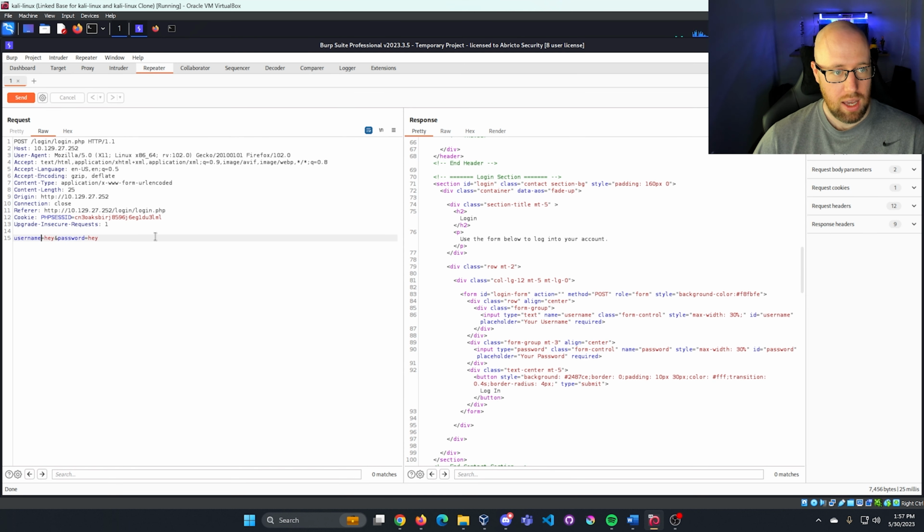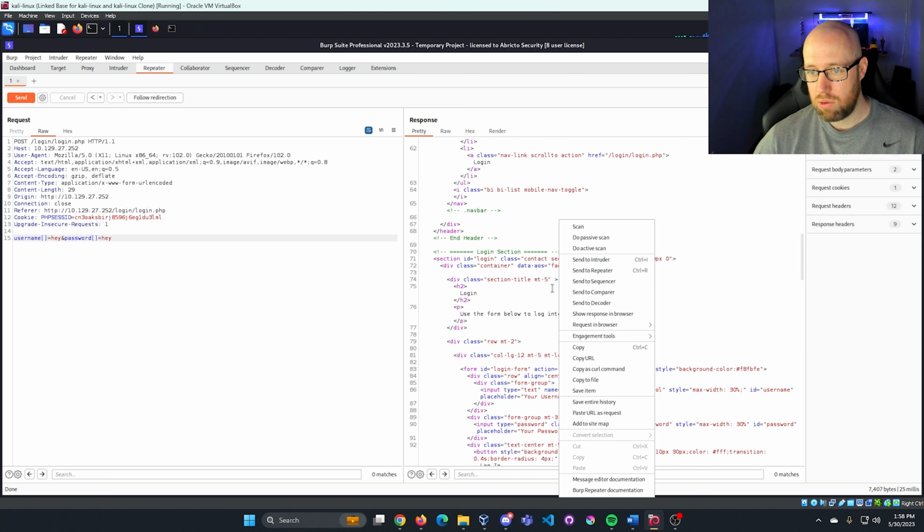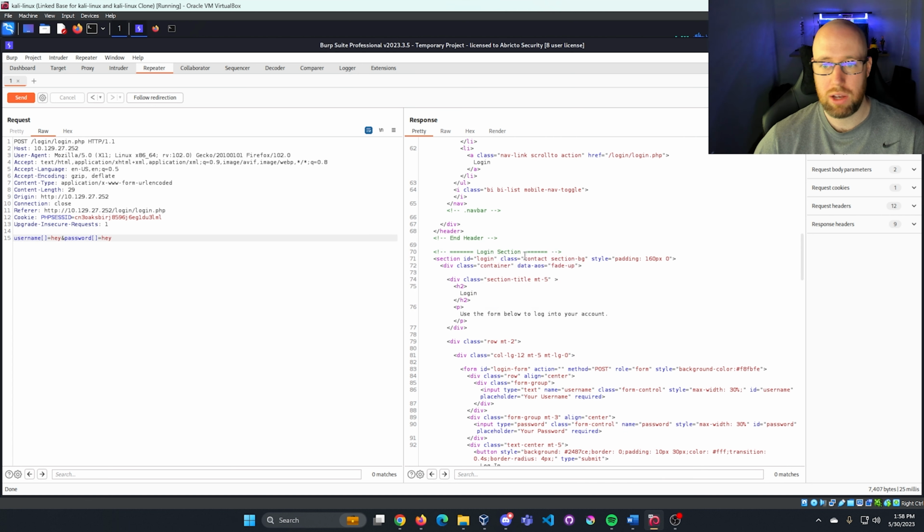Pressing send, and then it gives us a whole different page from what it looks like. Why don't we go ahead and show our response in browser. Let's copy. I'm going to open up another page just to keep that one open in case we need to go back and reference it. And the page that it loads up for us is actually a login via admin file with something to upload